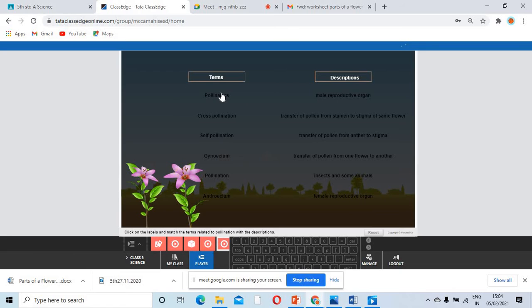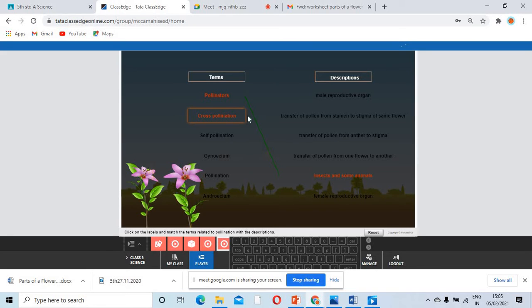I'm just going to click on this, pollinators. Now this slide, can somebody tell me, who are pollinators? What do you think? I've been telling you the insects are, the flower attracts. Jonathan, is there? Lydia? Yes, tell me, Jonathan, who are pollinators? It is given in the description box. Insects and some animals. Very good, very good. Excellent. Now we'll go to cross pollination.